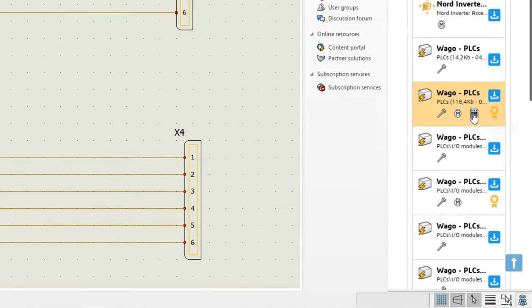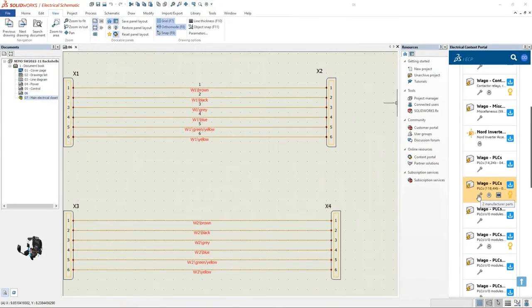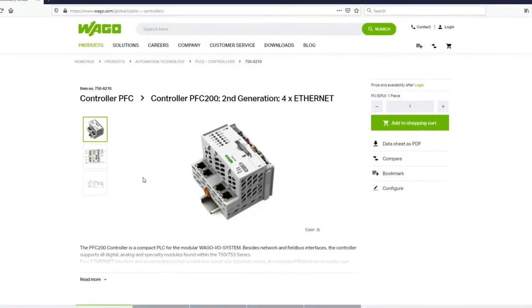PLCs have different libraries, and one that you may need has different sections like 2D footprints, symbols, and manufacturer parts. Productivity enhancements like running ECP in SolidWorks Electrical gives you the flexibility to choose the most effective